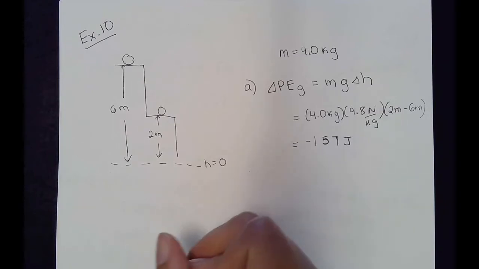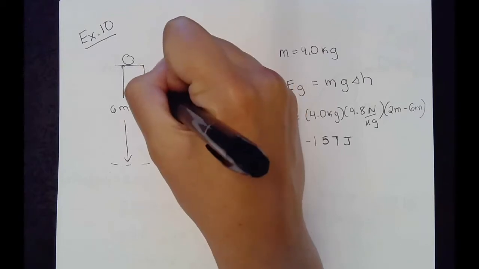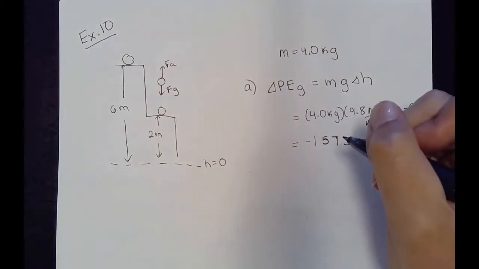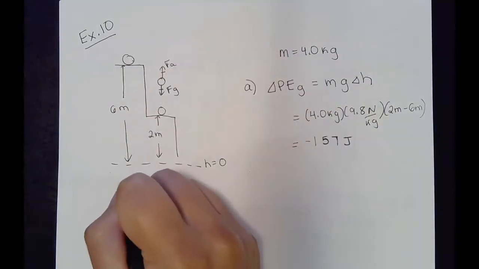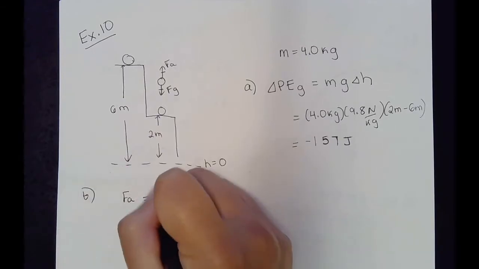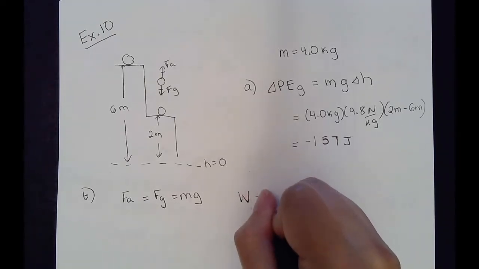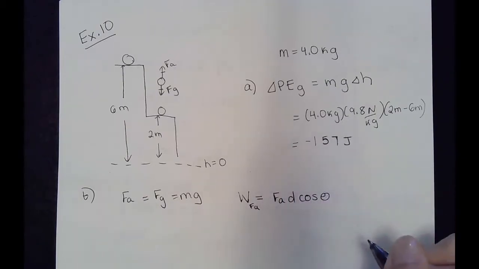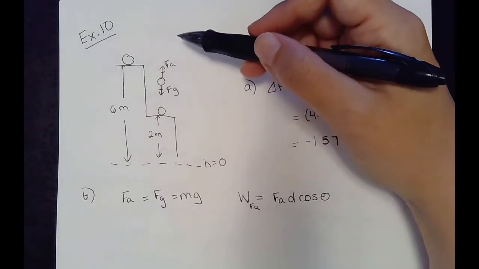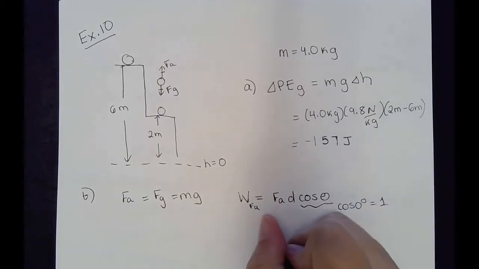Okay, now how much work is done? We're lifting it back up, and there's an applied force here of Fa. If it's just lifted at a constant speed so that there's no acceleration, then these forces are balanced, so that Fa, this is part B, equals Fg, which is mg. Then the work done by this applied force would be Fa d cos theta. It's in the same direction as the displacement, which is up, so we have cos of 0, which is 1. So this is Fa d, which is